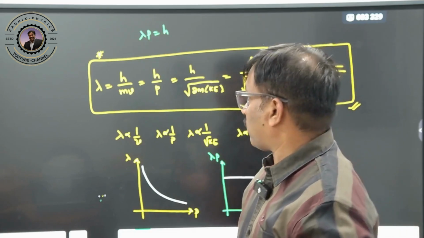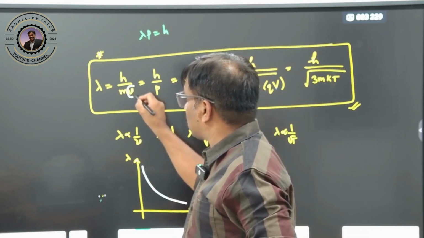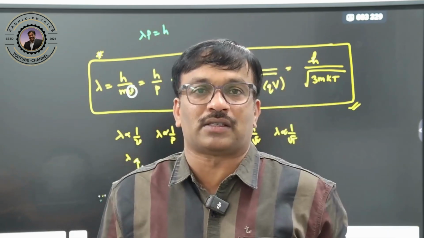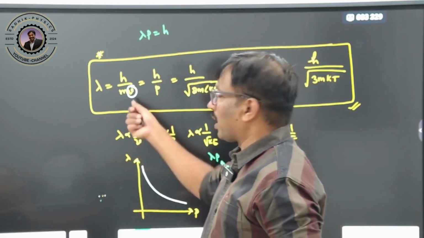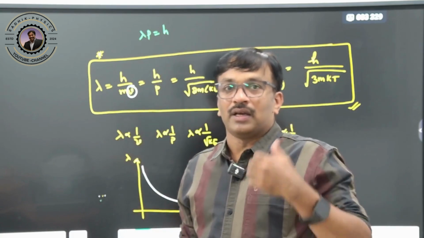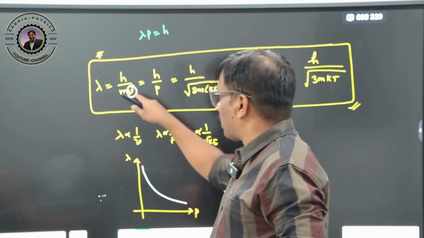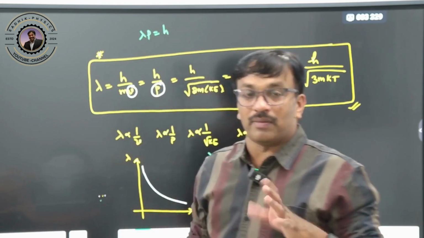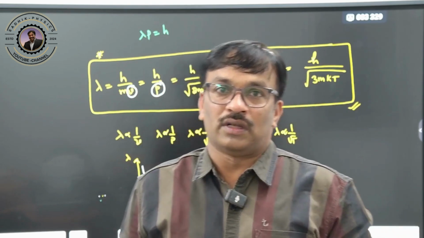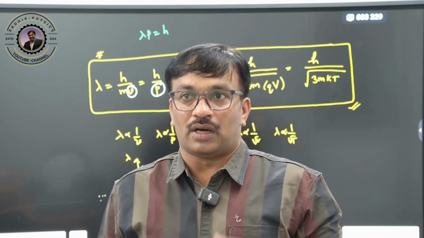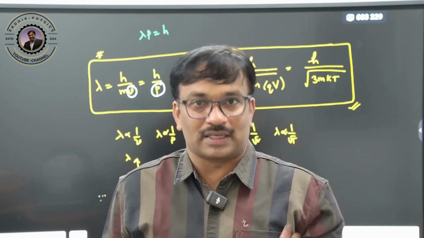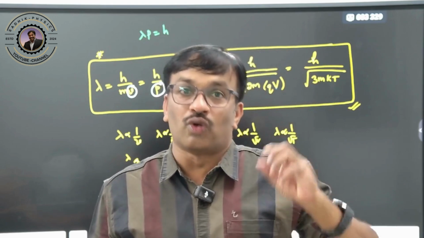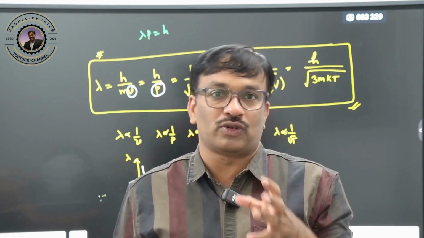One more concept: velocity is there. For the calculation of velocity, total kinematics can be applicable here. You can apply V equals U plus AT, V square minus U square equals 2AS, to calculate it. Here, one more: momentum is there. Momentum means force again, because change in momentum is nothing but creates force, and they may ask you collisions and explosions on this.